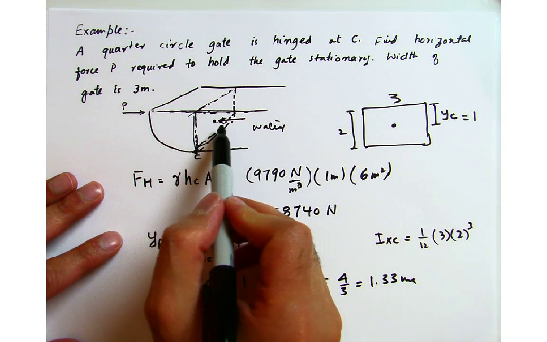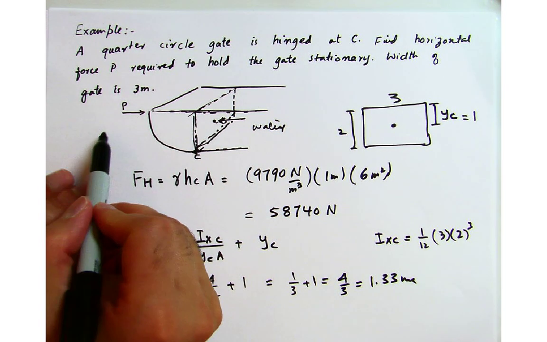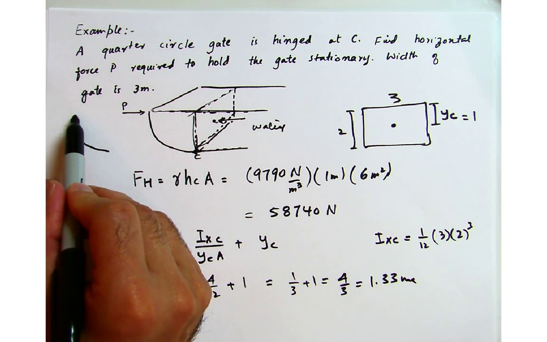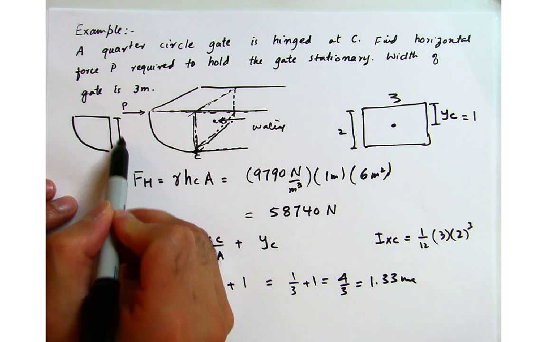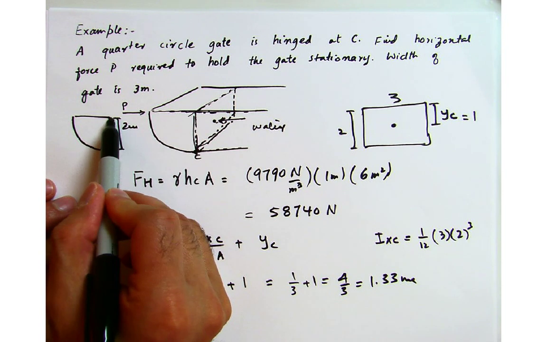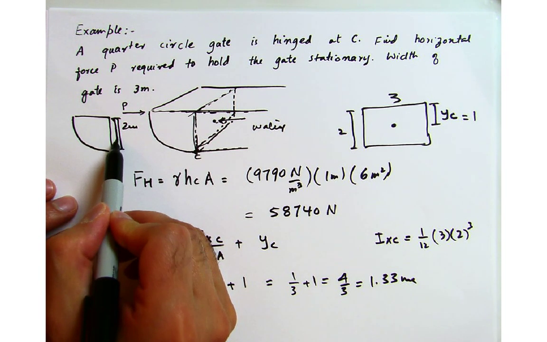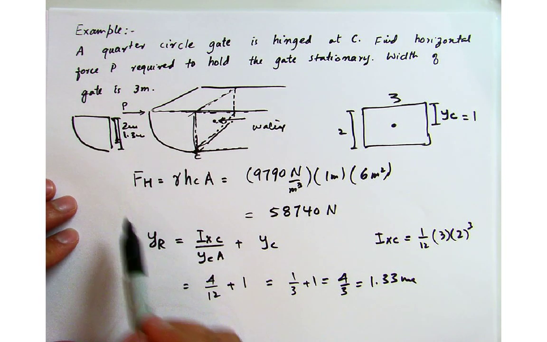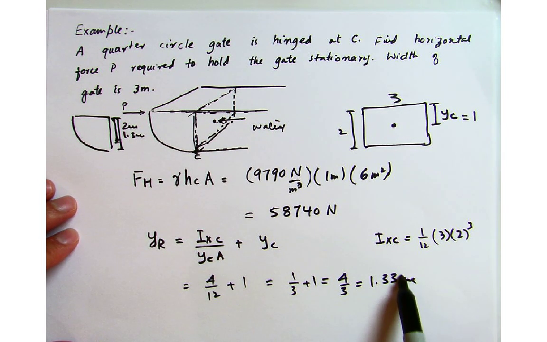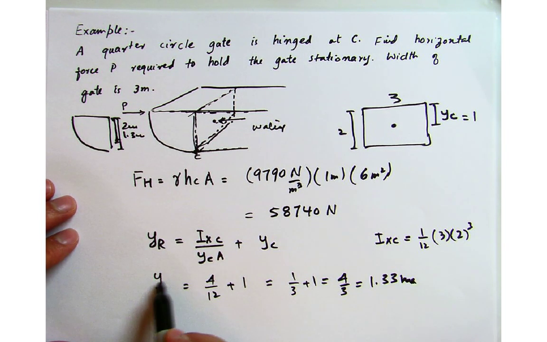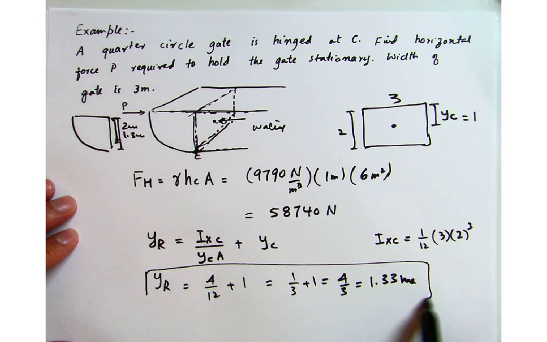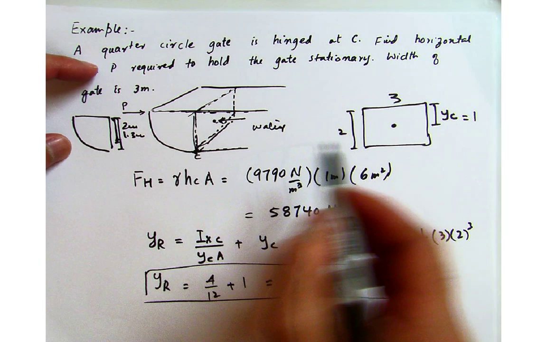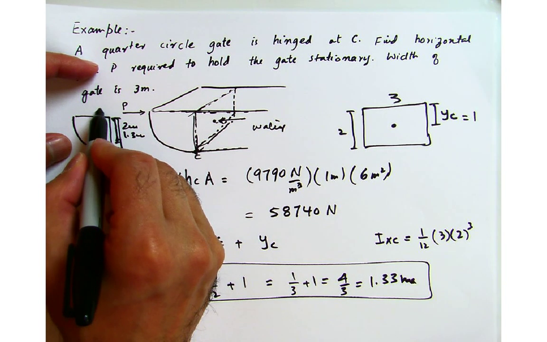So the force will be acting, so again if I take it out like this, the force will be acting, and this is 2 meters, the force will be acting at a distance of 1.33 meters from the top. Okay, so that's what this quantity represents, 1.33 meters from the top. So that's where the horizontal force is acting. Okay, so this is for the horizontal force, and now we also have a vertical force which is acting in